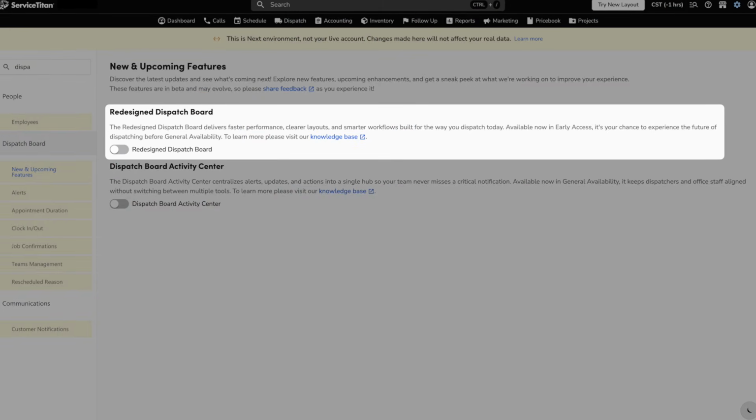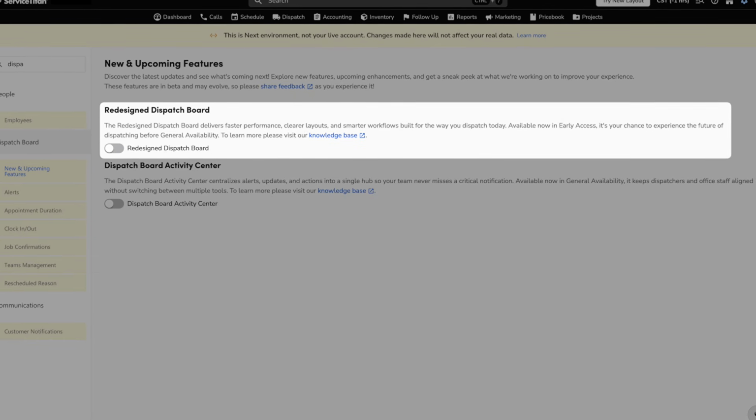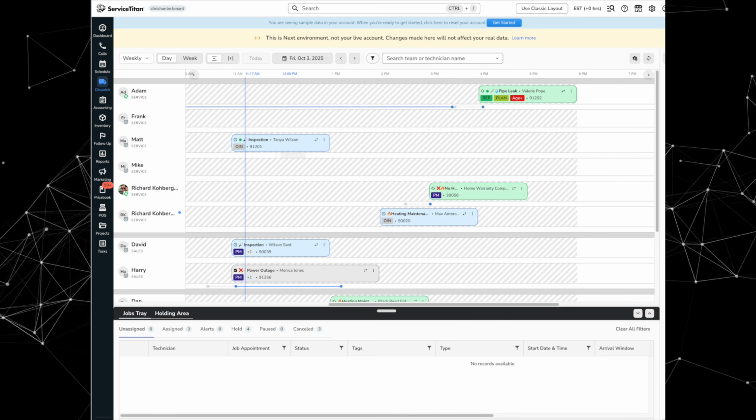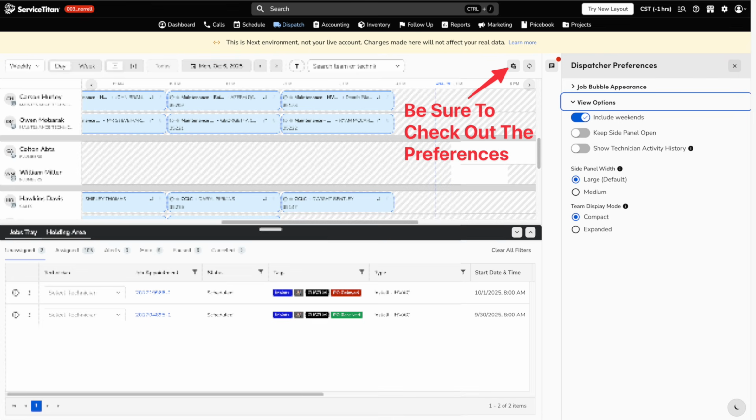So this is actually something you're able to just toggle on yourself by going to Settings, Dispatch Board, and New and Upcoming Features. Once this release is in your account, you'll see a toggle switch for redesigned dispatch board. Once you've toggled that on, give it a few minutes and a few refreshes, and eventually your dispatch board will look like this. The dispatch board is a very core part of the product,